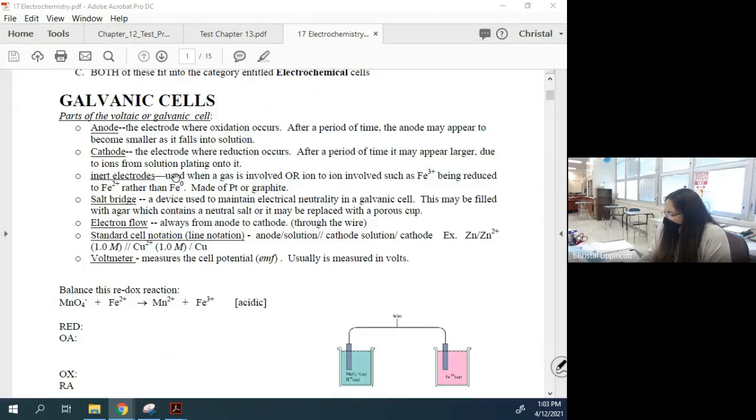Sometimes we have inert electrodes. For example, if we're going to move iron 3 to iron 2, you would have to use one of